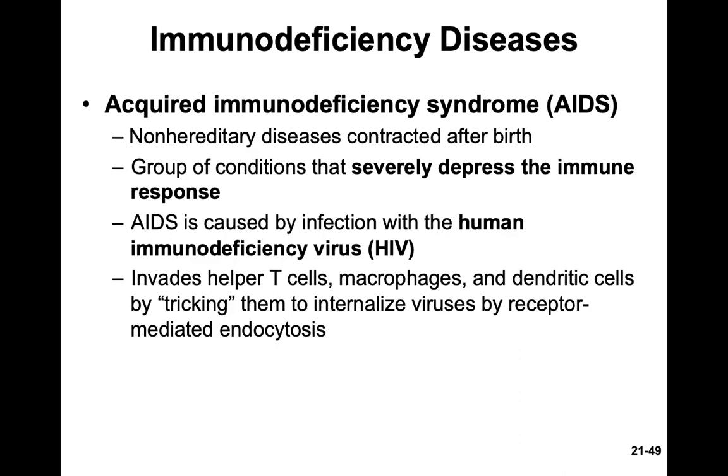This virus invades your T cells, your macrophages, dendritic cells, and they trick them into internalizing the virus by endocytosis. Remember, these cells, macrophages in particular, are the ones that phagocytize or eat foreign invaders and debris in order to get rid of it. And so this virus will trick these cells into ingesting it. And once they get inside the cell, then they get really happy and they start to multiply and grow. So it's a trick that happens that will eventually cause, like I said, the virus within the cell to grow,